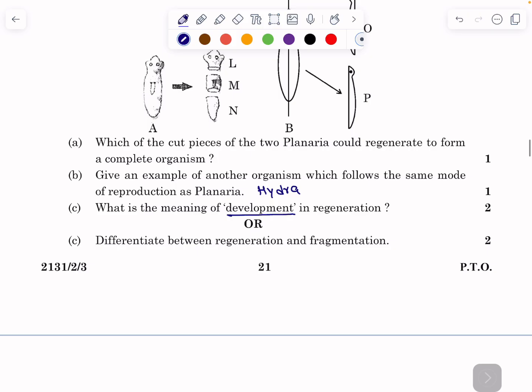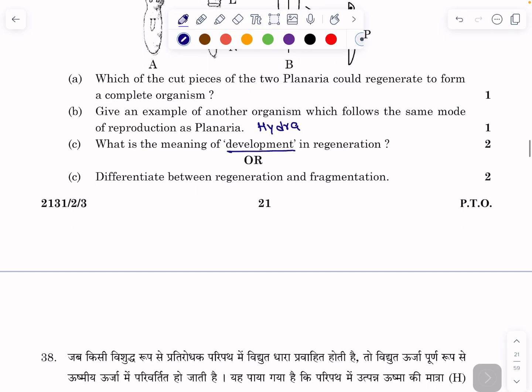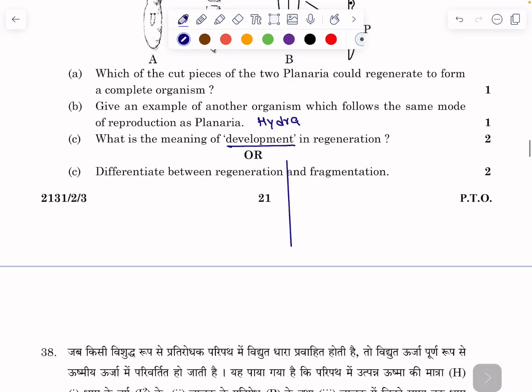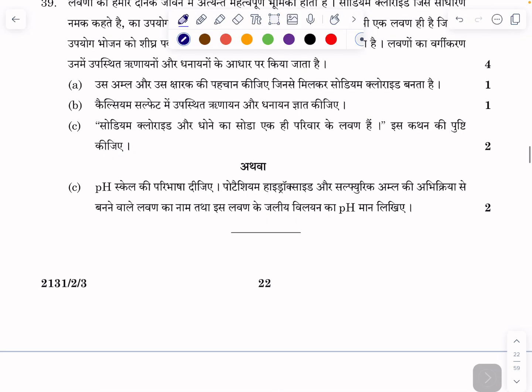Okay, so the next one is differentiate between regeneration and fragmentation. So what is regeneration and what is fragmentation? In regeneration, specialized cells proliferate to form new cells which multiply and form new individuals. In fragmentation, each fragment grows by cell division to form a new organism. Okay, so the next question